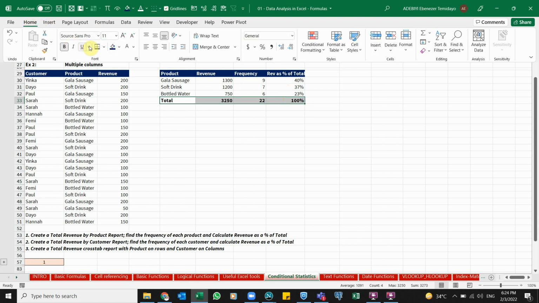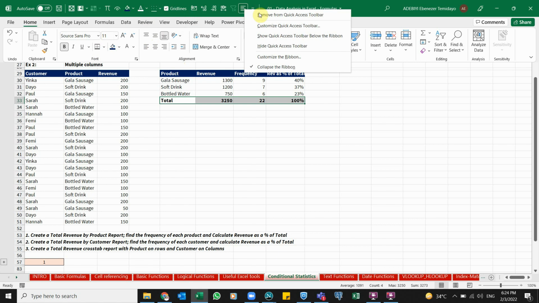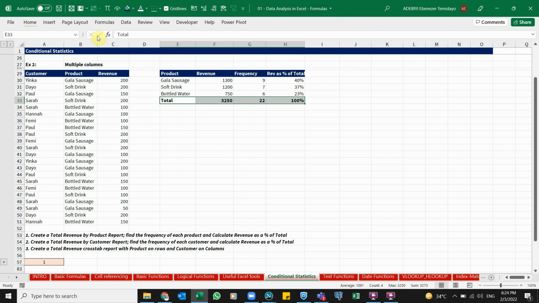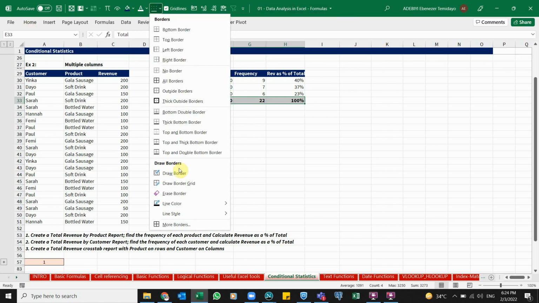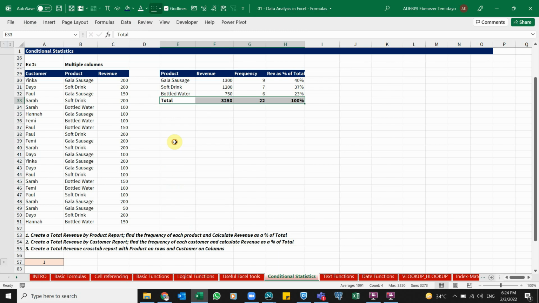If I come here, this same command here rather, I can see it here. If I want my left and right align to be here, I just need to right click on it and I can see add to quick access toolbar, and here I have it here, right? But I don't need it, so I can right click and remove. So instead of me to go to home, I already have it here. I can just click on this. I want top and tick bottom,